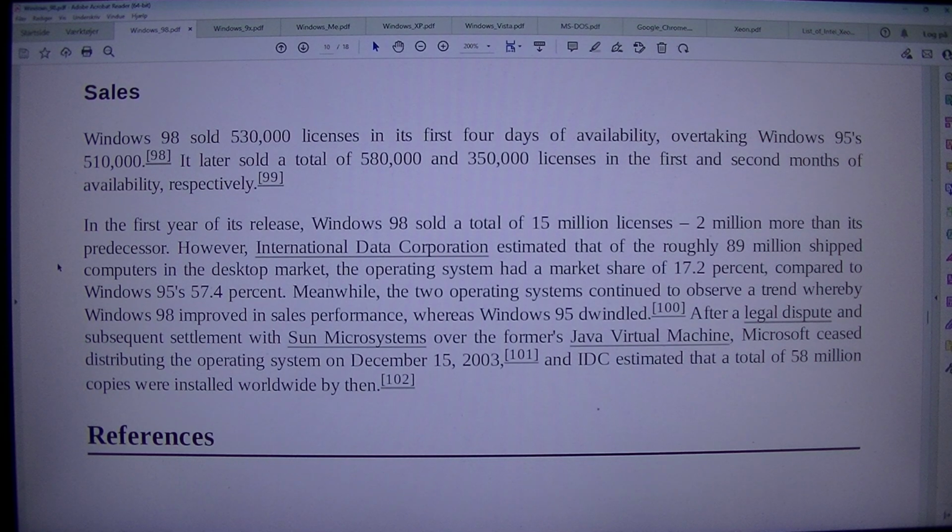However, International Data Corporation estimated that of the roughly 89 million shipped computers in the desktop market, the operating system had a market share of 17.2%, compared to Windows 95's 57.4%. Meanwhile, the two operating systems continued to observe a trend whereby Windows 98 improved in sales performance, whereas Windows 95 dwindled.